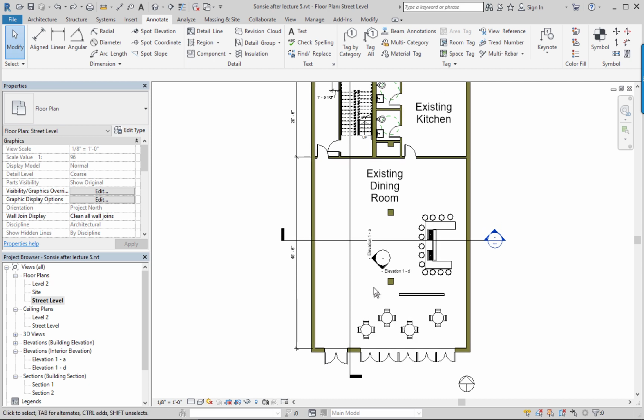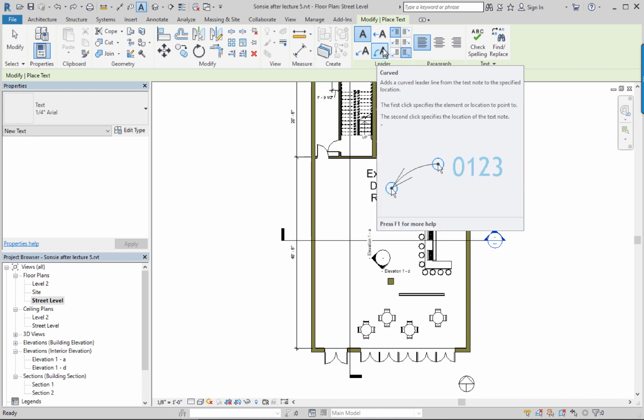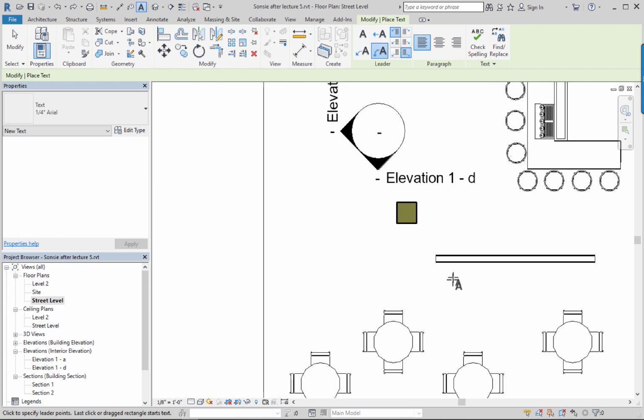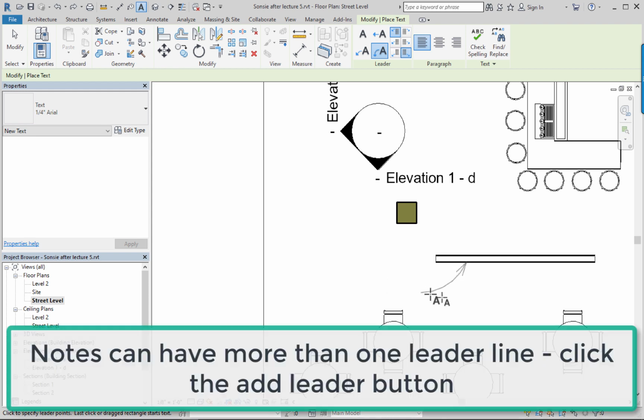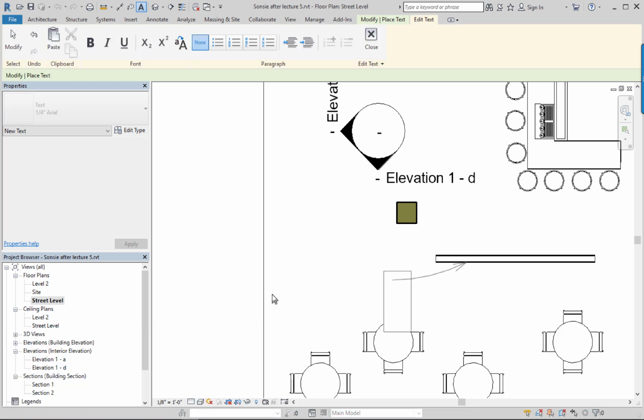The other thing that is a possibility with text, let me go back to the Annotate ribbon and text, is adding text with a leader line. And I personally tend to like the leader line that's kind of an arc, just a personal preference. I'm going to click on that leader line to start the tool. And then it's very similar to AutoCAD's dimension tool for annotation. You click on the object you want to annotate, and then click off to the side and type your text,